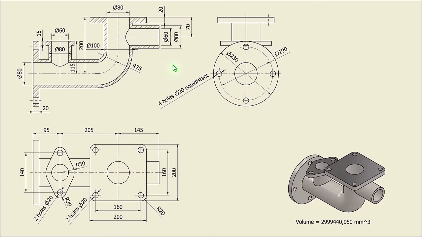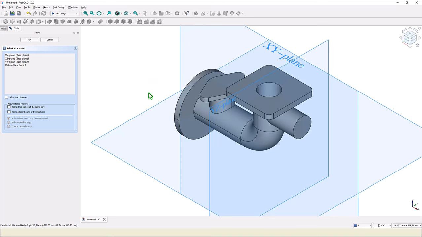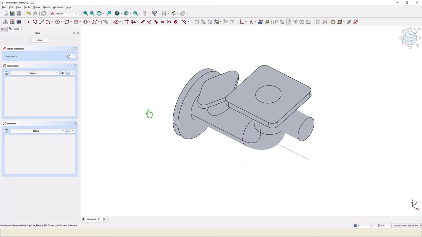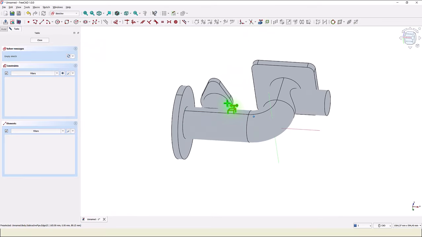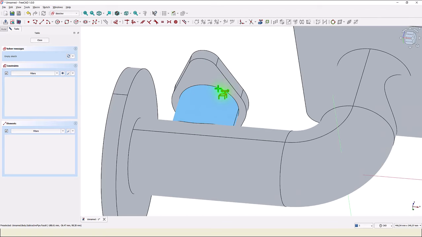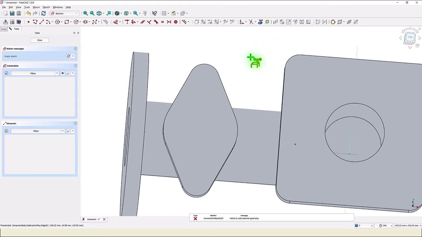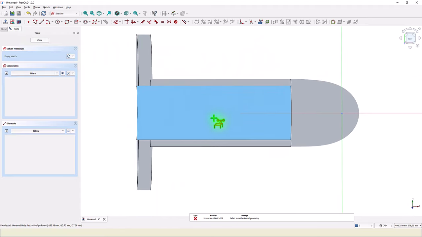We can use them very easily. New sketch. In this plane we project this circle or cylinder, then we apply see inside,